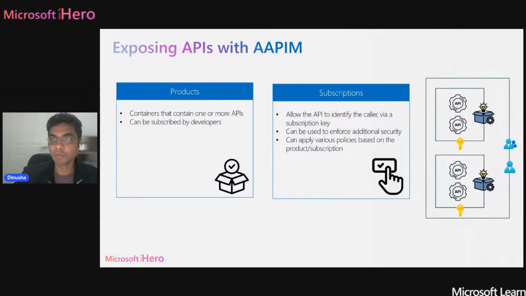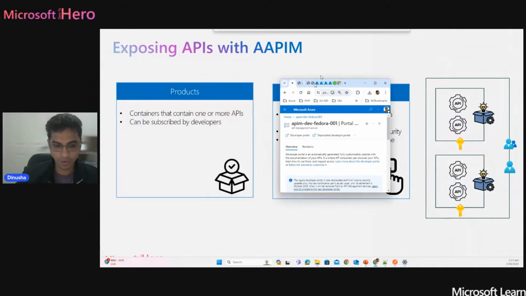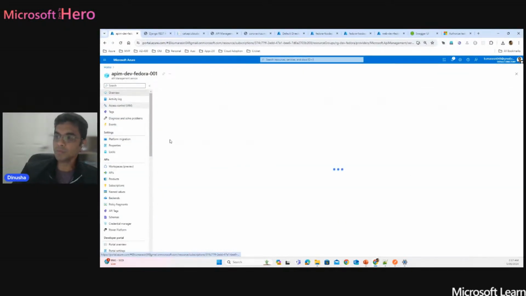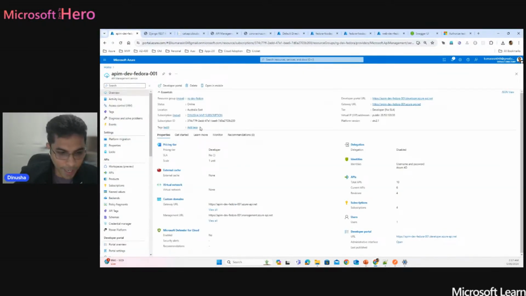Okay, let me open it up. This is my API management instance that I have already created. We have multiple pricing tiers. I'm using the developer tier. If you are trying it out, developer is a very good place to start. You can use the developer version. So first we can go to APIs,